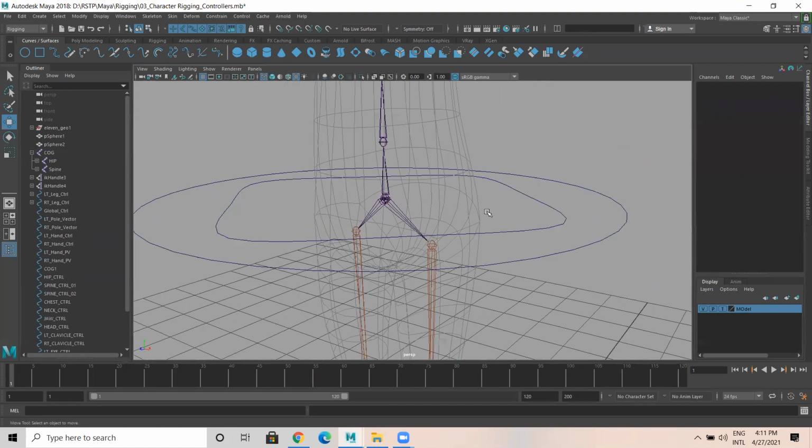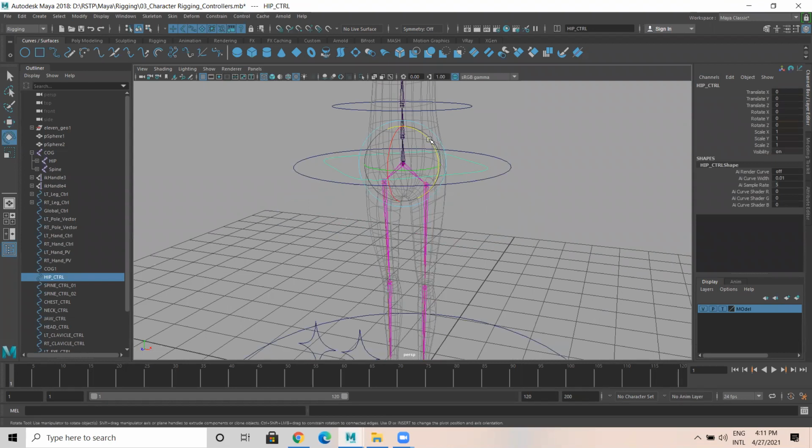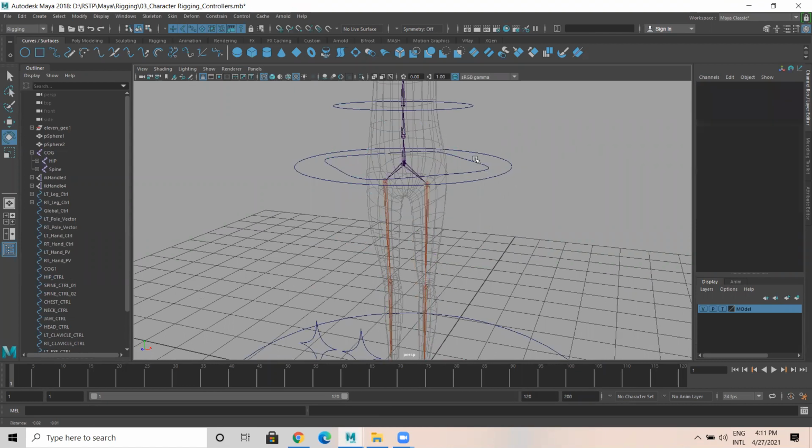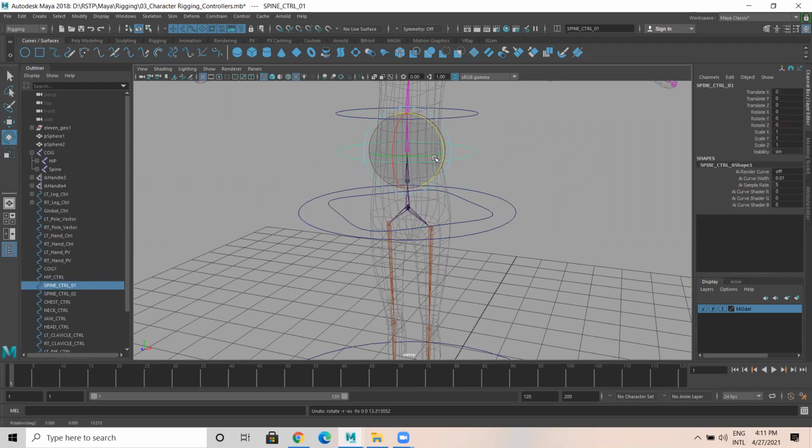So if I'm rotating this, only the hip part should rotate. See how my character dances now? Whereas this is the upper part controller, only the upper part will move.